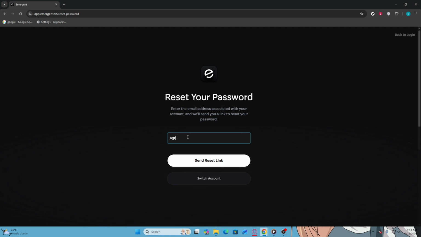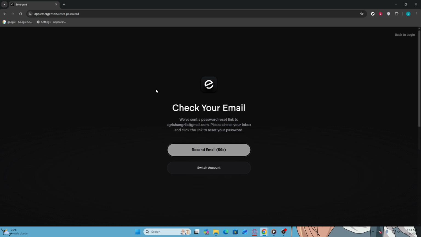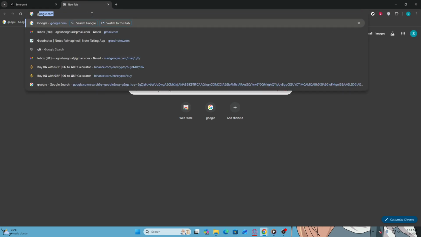Next, click on the link that says Reset Your Password. This will take you to a form where you can enter your email address. It is important to make sure you use the email associated with your Emergent AI account. Type your email address into the provided field and then click on Send Reset Link. After this action, you should see a confirmation message that indicates the reset link has been sent to your email. Be aware that it may take a few minutes for the email to arrive, depending on your internet connection and